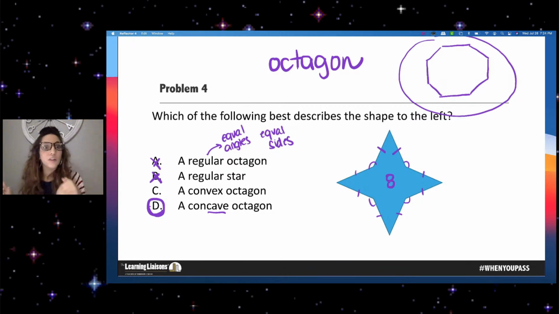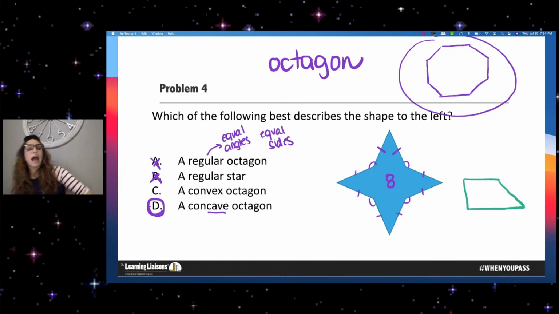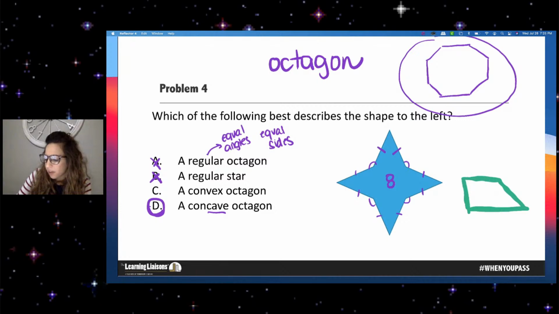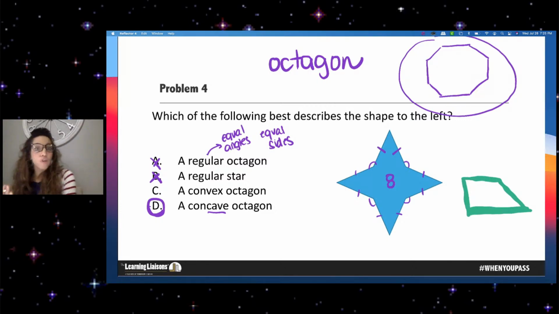Let me draw another shape, and I want you guys to comment what kind of shape this is. So I'm going to switch colors. What kind of shape is this? I might have tricked some of you. Give me a comment in the comment box and tell me what kind of shape that green shape is right here. There's a couple of different ways you could identify this shape. So don't be afraid to answer because you're afraid you're going to be wrong. What kind of shape is that green shape right here?